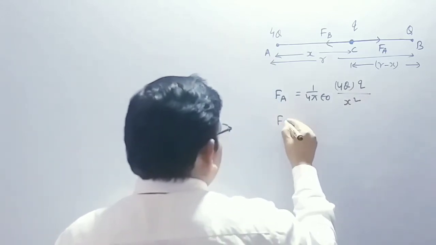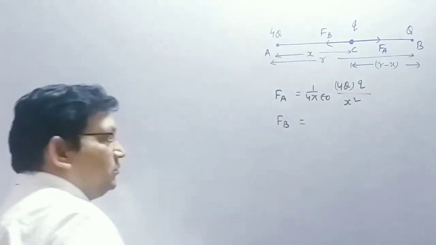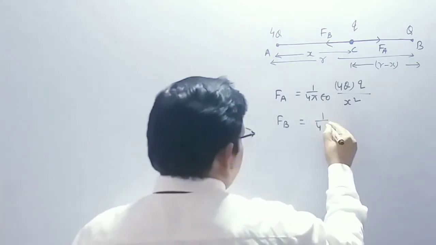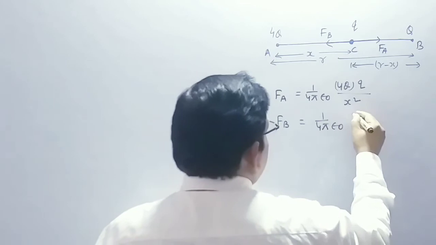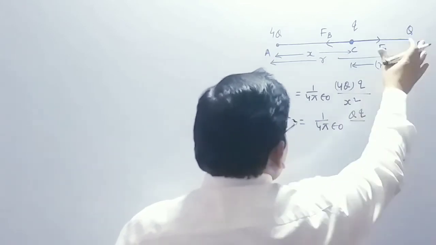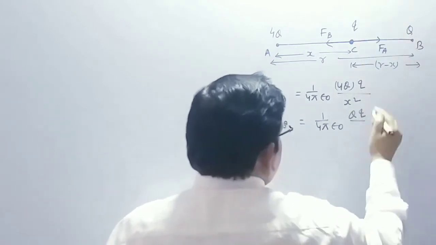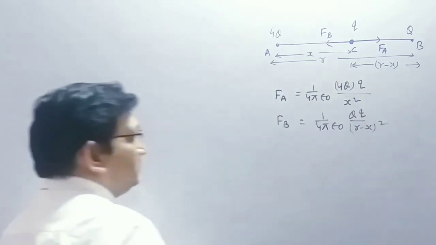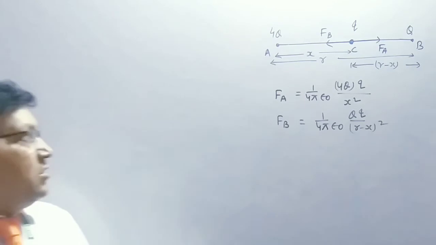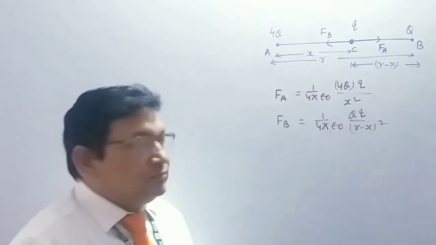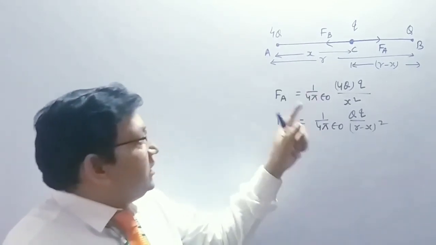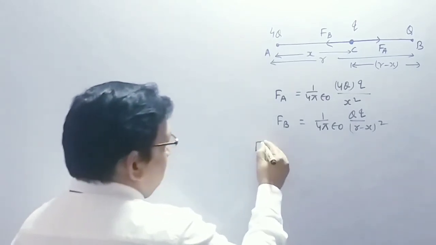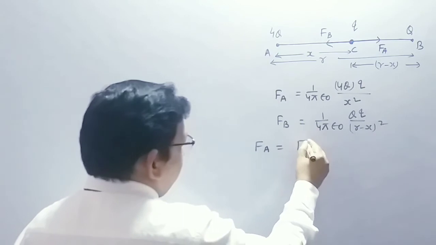Now find the force on B. What is the magnitude of this force? So again one can write down 1 by 4 pi epsilon Q q, and what is the distance between these two charges? R minus x. Okay, got it? Now the charge is in equilibrium. The magnitude of force A and force B should be equal. So now you do this formula. Force A is equal to force B.